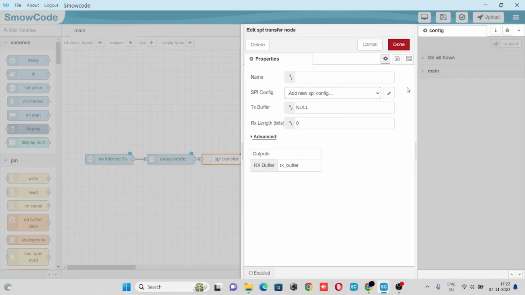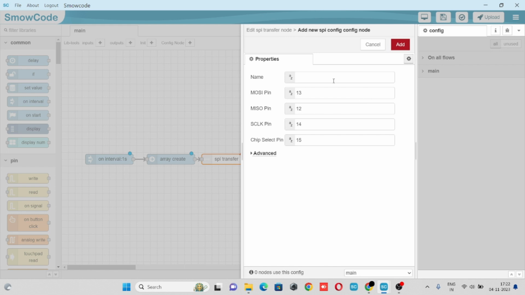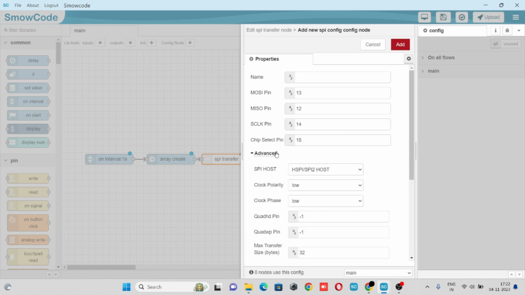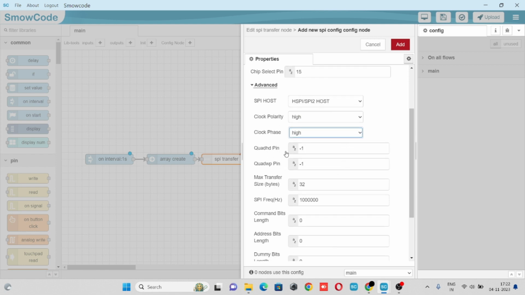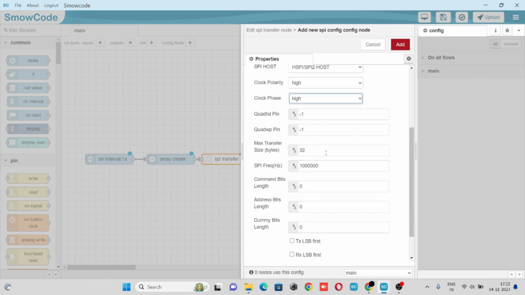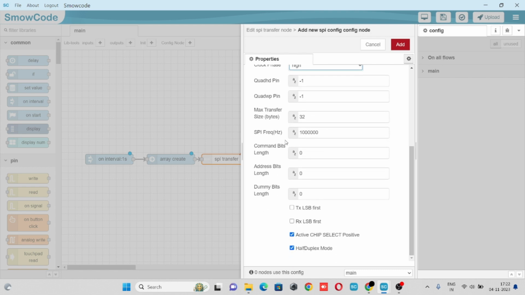Here we'll first configure the settings of SPI in the first node. So we'll configure SPI node. We'll enter MOSI pin, MISO pin, SCLK pin, chip select pin. In the advanced, we'll select the clock polarity high, clock phase high, quad HD pin -1, quad WP pin -1, max transfer size bytes will keep 32, will enter frequency, command bits length 0, address bits length